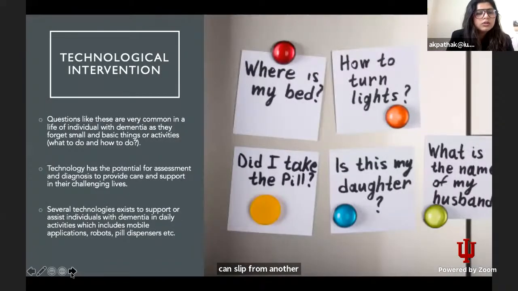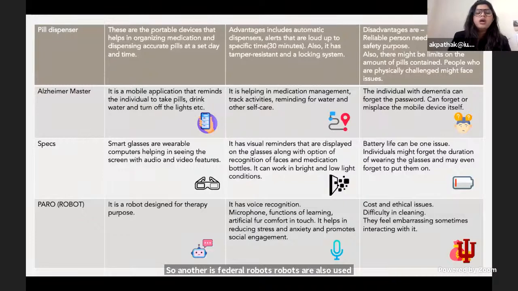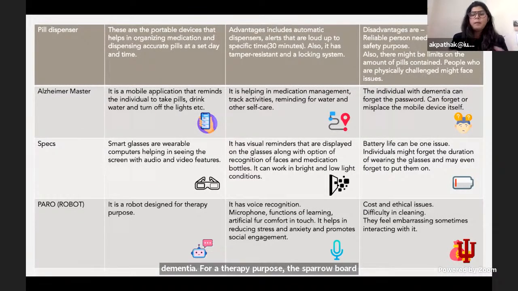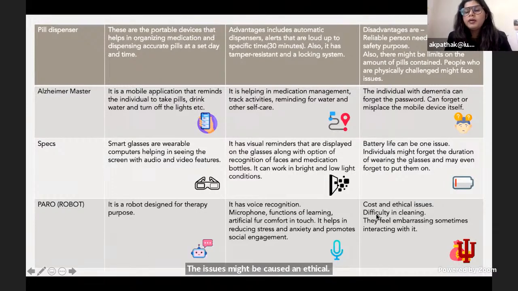So another is the Sparrow robot. Robots are also used in dementia for therapy purposes. The Sparrow robot is a pet design. It has voice recognition, a microphone, and functions of learning, artificial for comfort and touch. This helps in reducing stress and anxiety and promotes social engagement. The issues might be cost and ethics, and difficulty in cleaning because it has fur and is not washable,